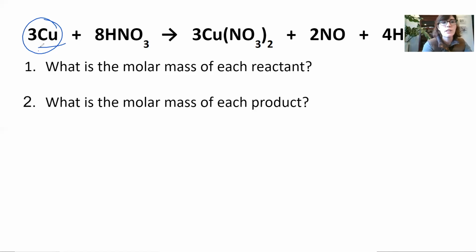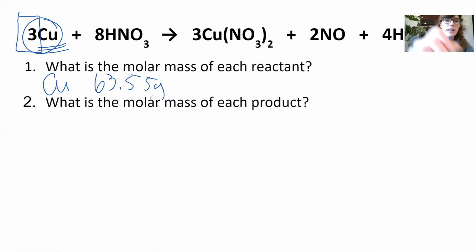But this is the tricky part about molar mass for balanced chemical equations. You just use the molar mass. You don't yet take into account the coefficient in front of it. So the molar mass of each reactant, so copper is going to be 63.55 grams. And for HNO3,